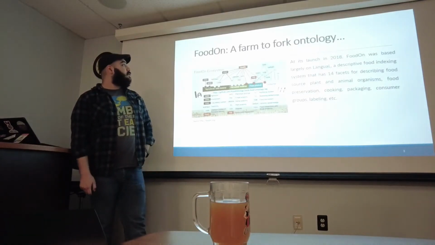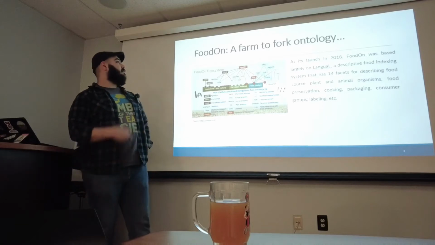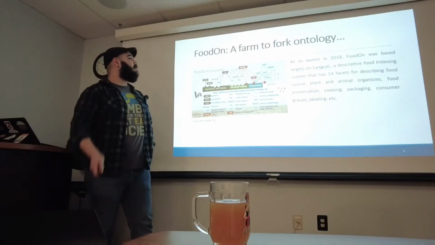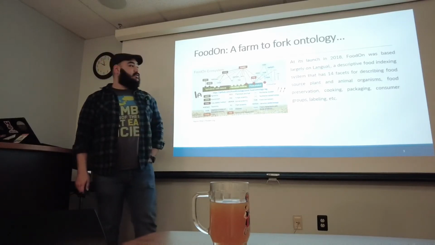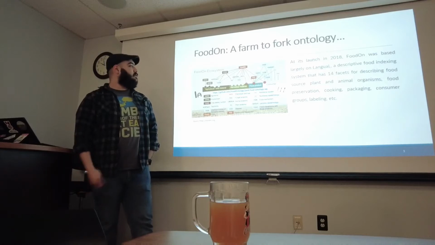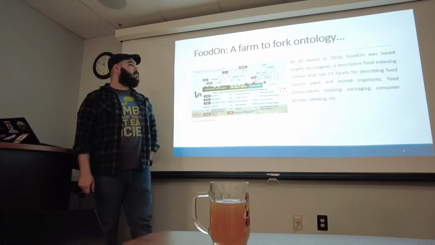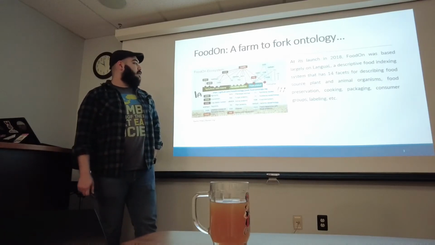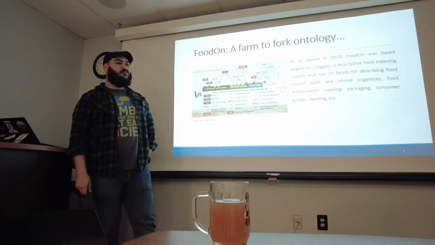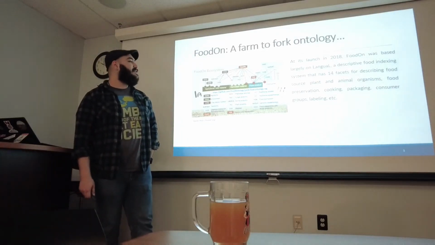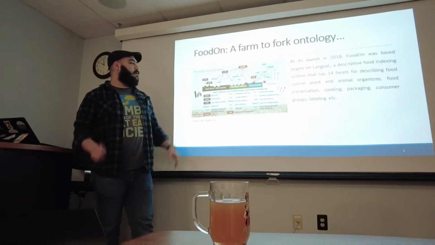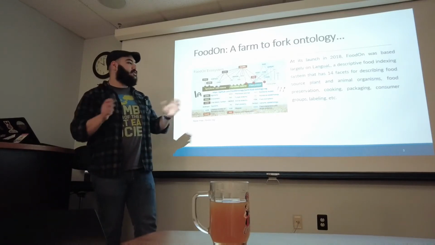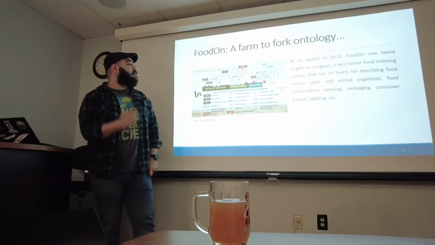But FoodOn, as they say, is a farm to fork ontology. They really keep mentioning that phrase over and over again. It was an ontology published in 2018, I think this version of it at least, and it uses a language called LanguaL, which I'm going to explain in a bit. It's a really applied ontology, as you'll see as we go on. It does a great job at classifying plants, animal organisms, and the processes of cooking, packaging, and all sorts of different things that are important to the